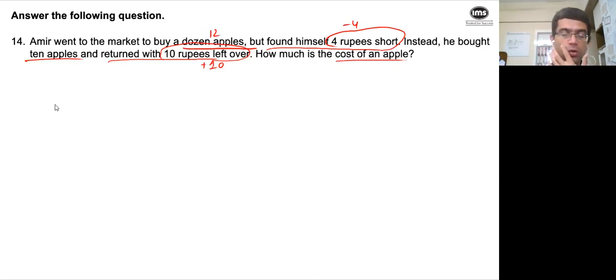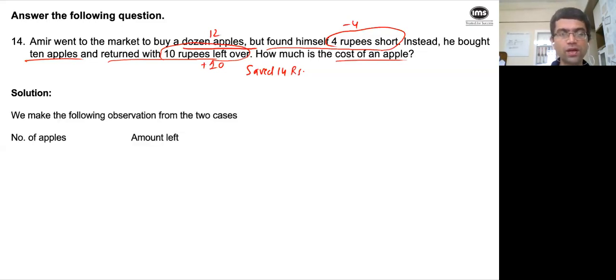Yes, Rishita, Shadan, all of you are right. From 4 rupees short, I went to 10 rupees plus, correct. That means he saved 14 rupees, as Jalaj rightly says. From minus 4 to plus 10, just by buying 2 apples less. So can I say he saved 14 rupees? He saved 14 rupees. He did not have 4, now he has plus 10, the difference is 14 rupees. This is by not buying 2 apples.